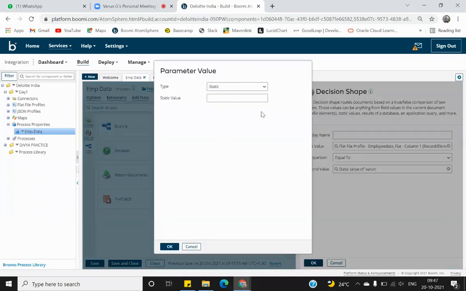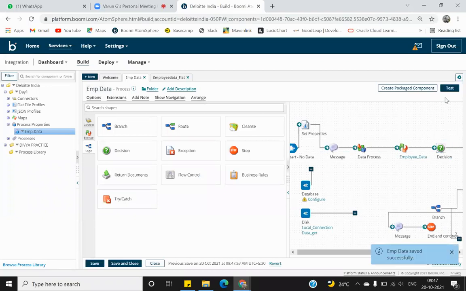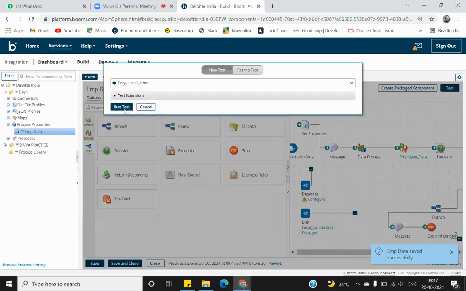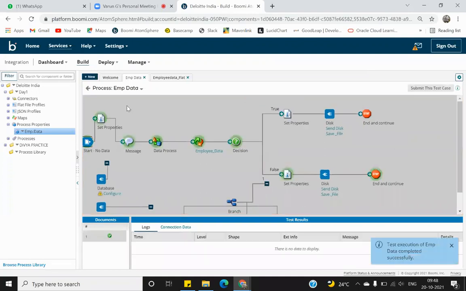So for null values, you don't have to do anything. You just click on OK. It will take it as null. Click on test. See, it did not find it as null value, so it went to false path.